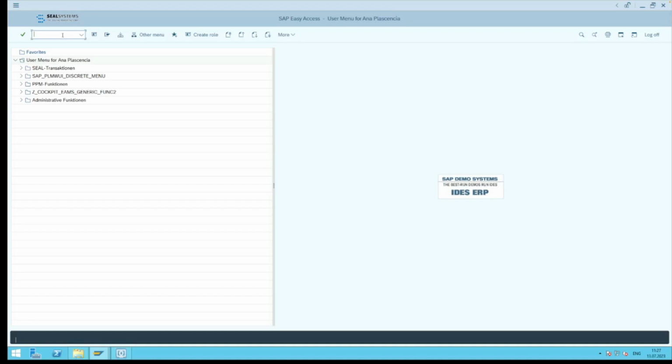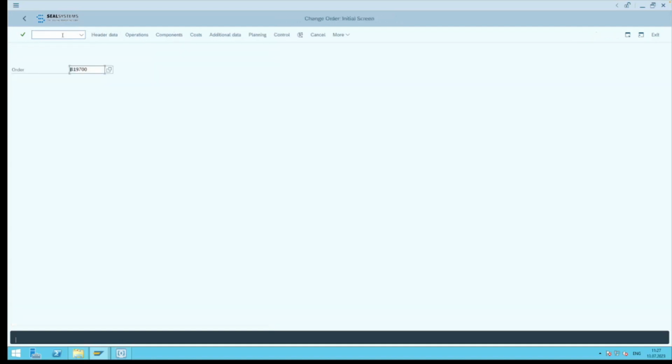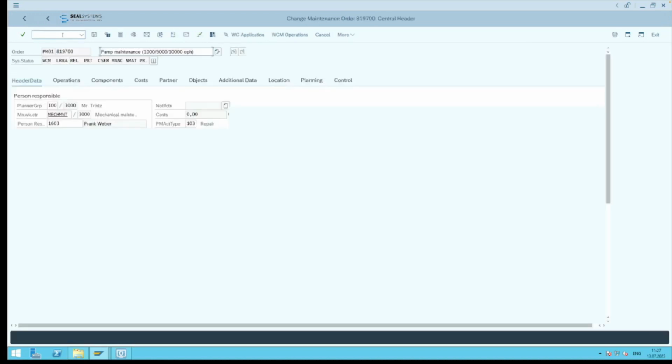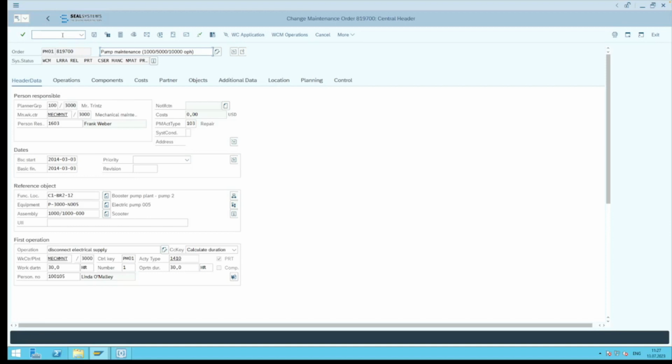Let's get started. On our SAP GUI, we will navigate to a plant maintenance order by using the transaction IW32. For this demonstration, we have an existing order number that we're going to work with. The PM order contains a lot of information, mostly relating to the planning, assignment, and execution for our scheduled maintenance